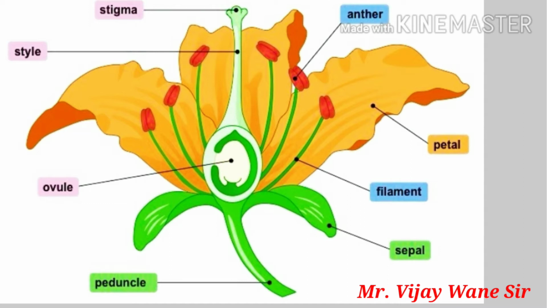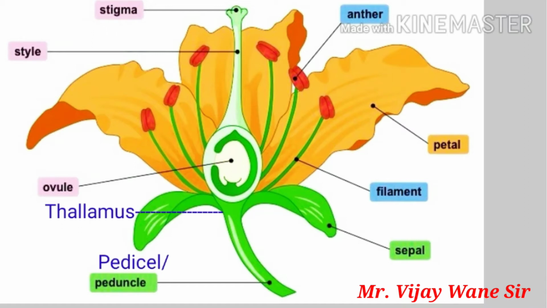So in the diagram you can see the pedicel, which is the lowermost part of the flower. The pedicel is the part which is attached to the stem of the plant. We have already seen what is stem. If you see above the pedicel, you will see the thalamus. Thalamus is the bulge portion. Bulge means जिसको हम बोलेंगे फुगीर. फुगीर एक पोर्शन रहता है, उसको आपको बोलना है thalamus.